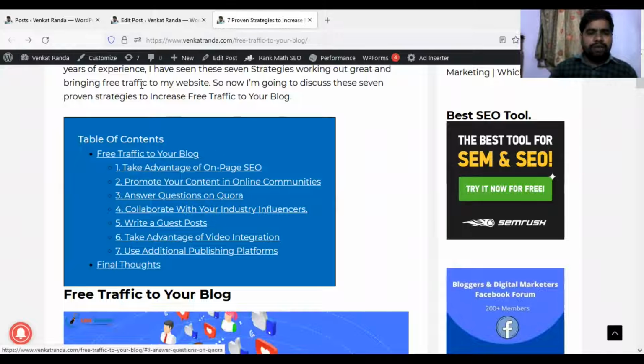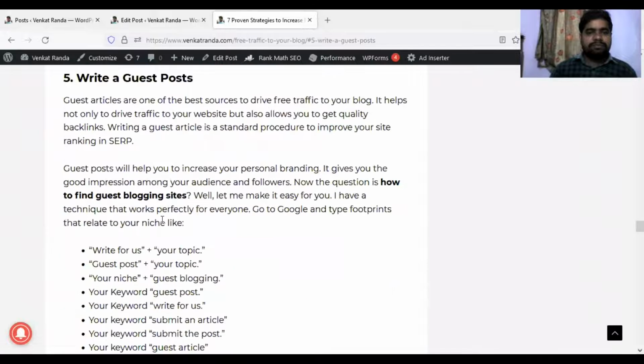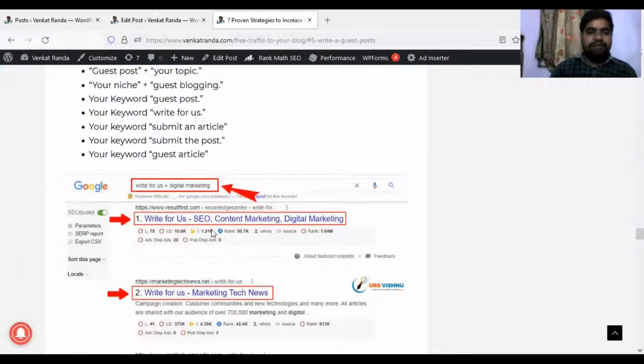Now our article contains these particular sections. Suppose the user only wants the write a guest post section. Then the user skips all these four sections and goes directly to that particular section, and he completes reading it, and he will feel very happy because it saves a lot of time, and it is a great user experience for the user.